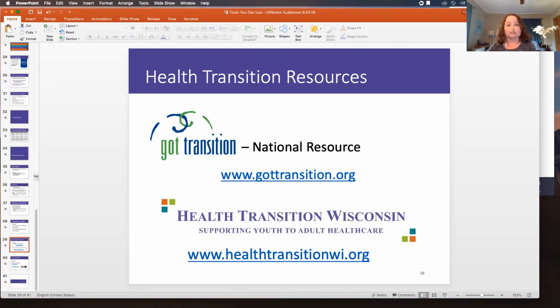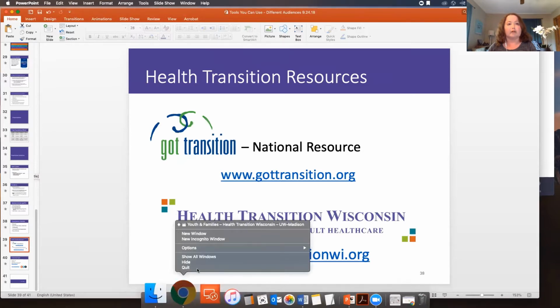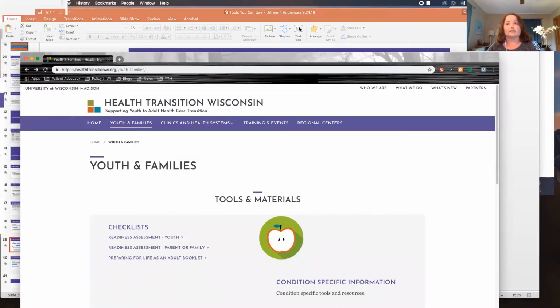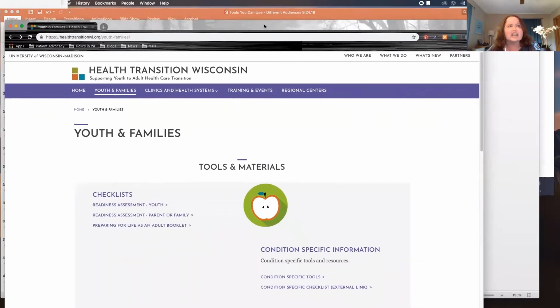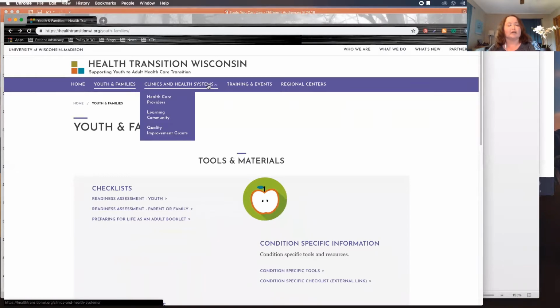One additional thing that I wanted to point out, and I think this will kind of get us back to that question about how this can apply in a healthcare setting is the clinics and healthcare systems that we have right here. Under that, we have for the healthcare provider. And if you click on that,